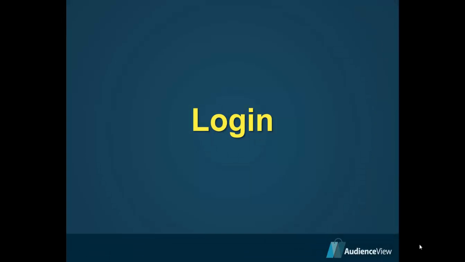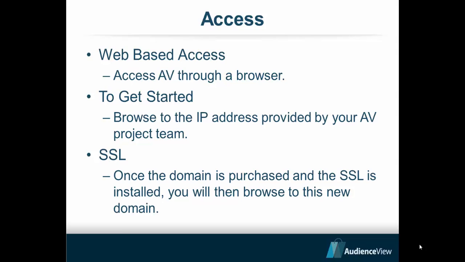Moving on, we're going to be talking about login and how to access the Audience View application. So it's a web-based access. You access it through a browser. The best browser to use is Firefox, but you can access it through other major browsers. But to get started, to get to your Audience View, you'll be using an IP address provided by your AV